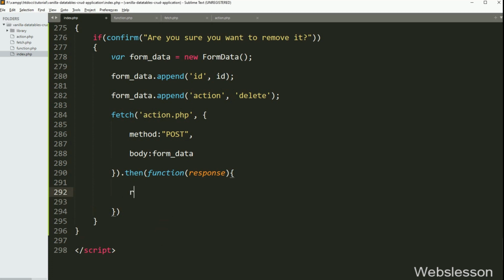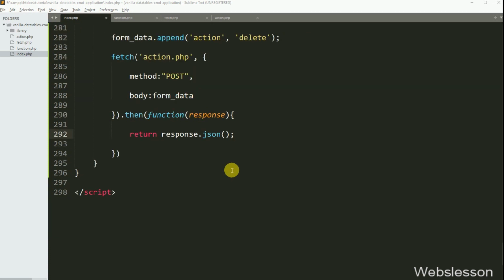Now to get the response in JSON, we have written a return statement with the response.json method. After this, we have again written a then callback function. This function will receive data in JSON format.